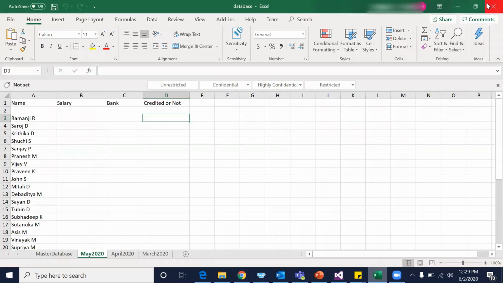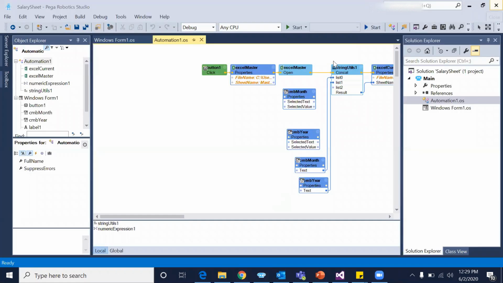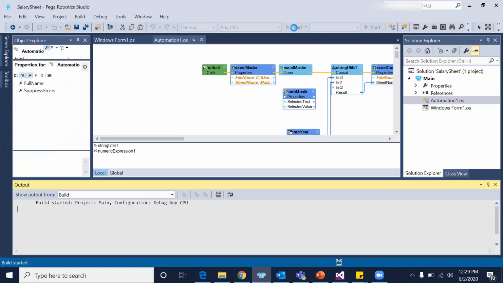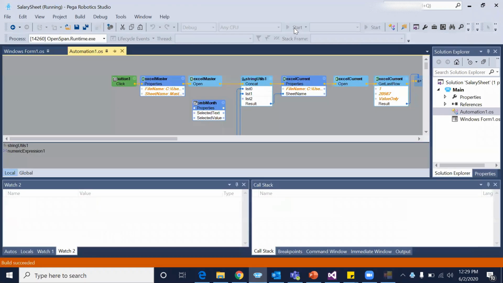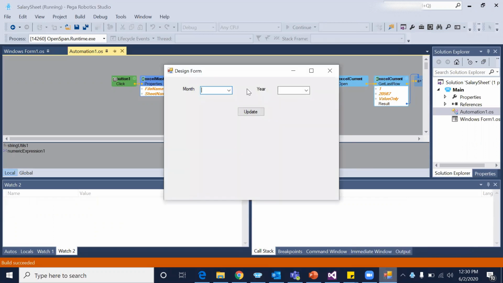Just close the Excel. Okay, so this is my customized Windows form.